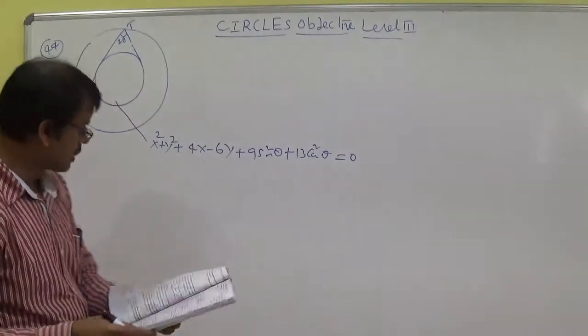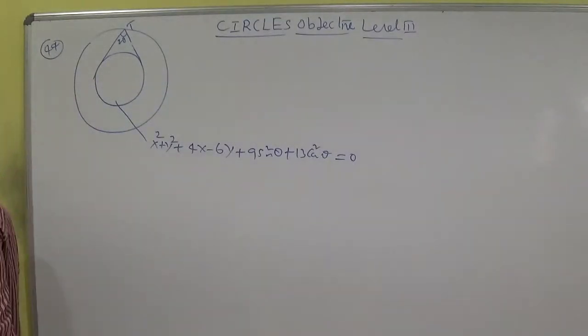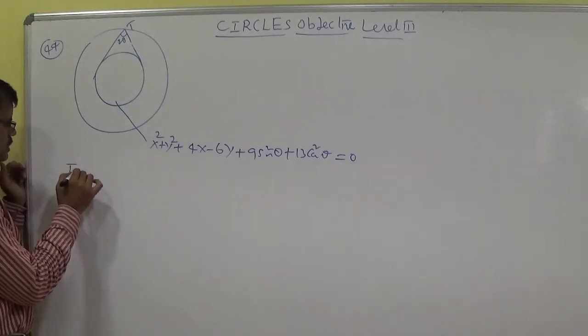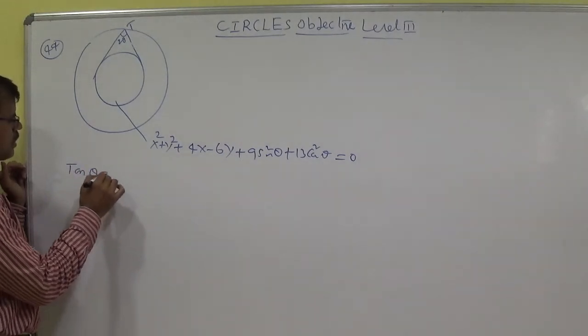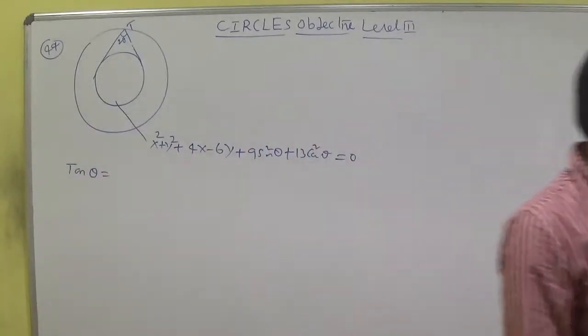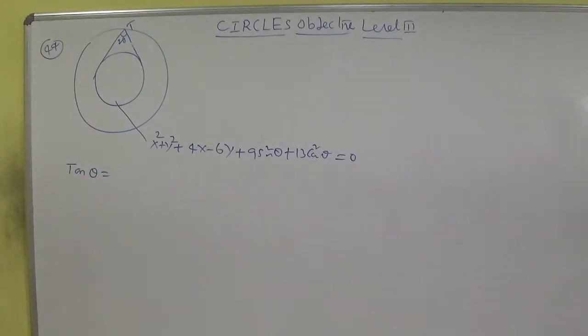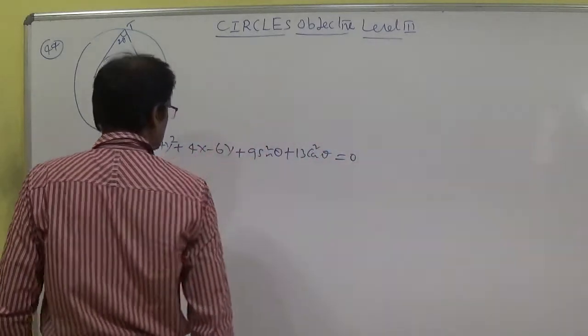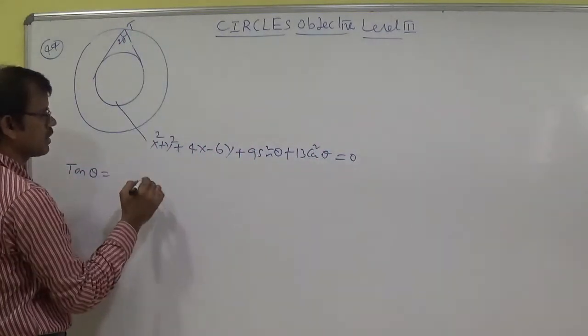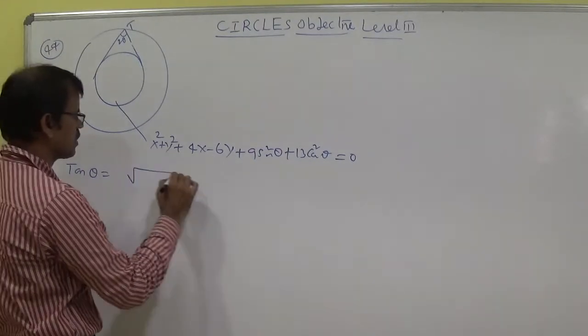So we can conclude that this internal circle is passing through the origin. Tan 2 theta is given. We know, students, that tan theta is equal to r by root s11. So according to the condition here, tan theta is equal to r by root s11. Tan 2 theta is given, so we can write tan theta is equal to r, what is r here according to the condition.